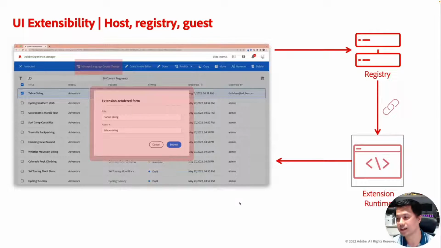At a high level, the flow is like this: when the UI has been loaded by the unified shell, we have something we call the registry services. The registry services locate the right extension we want to load for this specific tenant. Once the UI is loaded, it will find that there is an extension, and this is the way we can embed your own business logic in this UI.